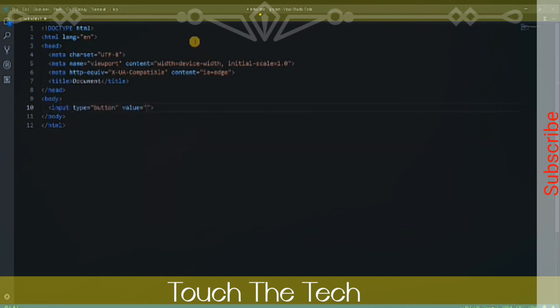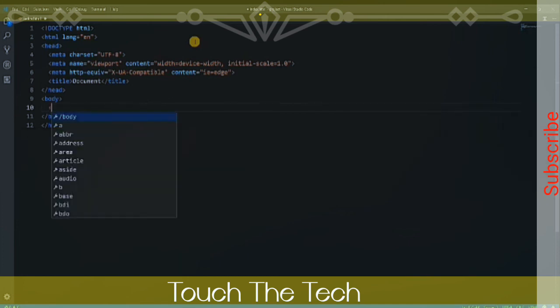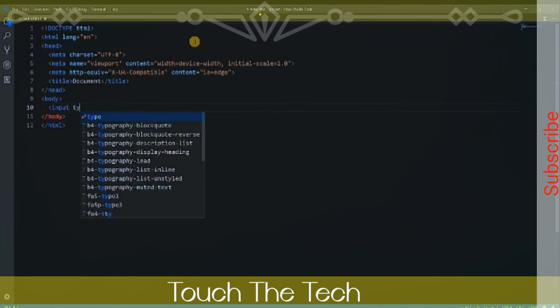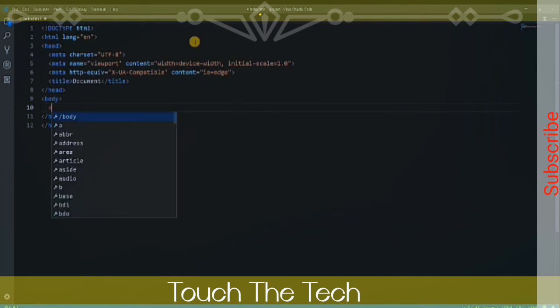Now these suggestions that you're seeing pop up are called IntelliSense. This is a built-in feature of VS Code that suggests options and helps you to complete your code. To show you more of IntelliSense, I will manually create an input and define the type. When I create the parentheses, IntelliSense gives me all of the valid input types to choose from. Another feature is auto close tags. So if I type left angle bracket, div right angle bracket,